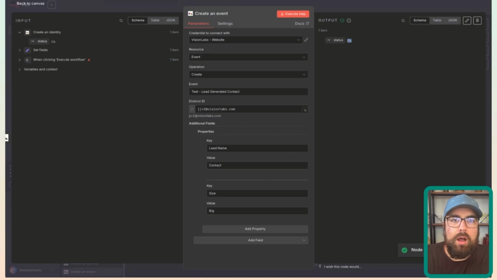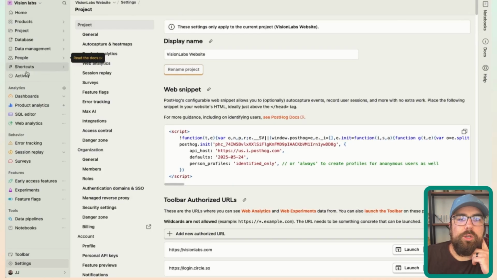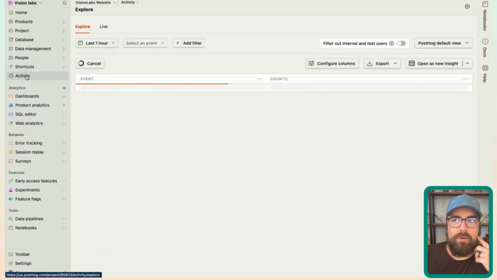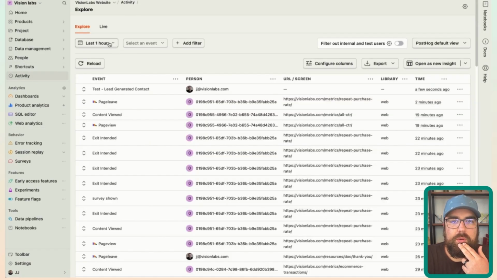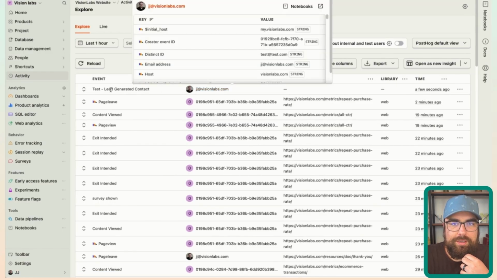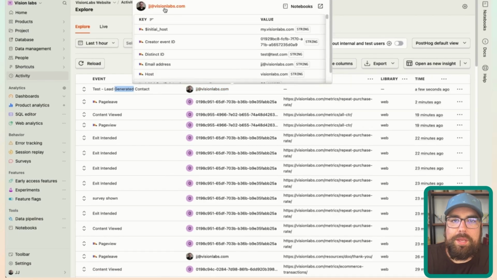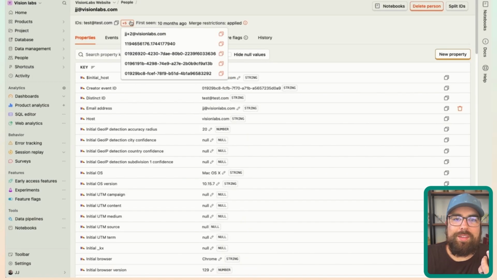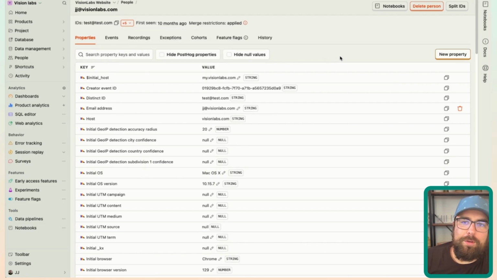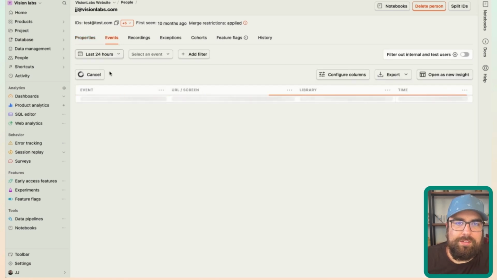And I'm going to hop back into this. We're going to look at our activity report, and we are going to see what has happened. There we go. So here is the person of test lead generated, contact us. I am a very complicated person in life because I've done this so many times. So here's all the different sessions that have been stitched together by PostHog to try and figure out who I am. This is not normal, but what you can see is if you click on these events,